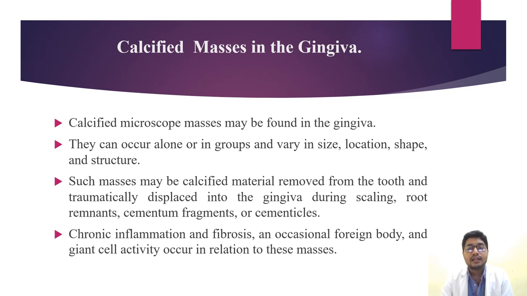For example, they can occur alone or in groups, or vary in size, location, shape and structure, and such masses may be calcified material removed from the tooth and traumatically displaced into the gingiva during scaling, root remnants, cementum fragments or cementicles. Chronic inflammation and fibrosis and occasional foreign body and giant cell activity also occur in relation to these